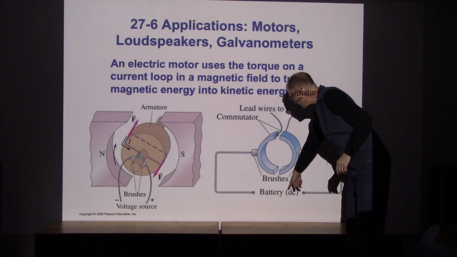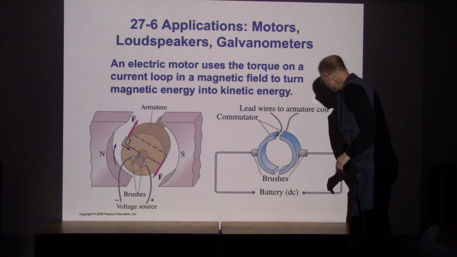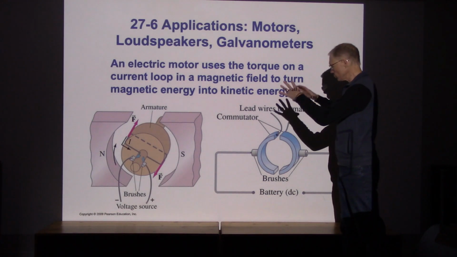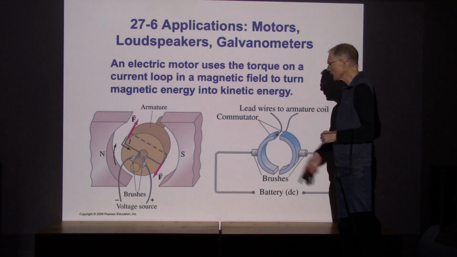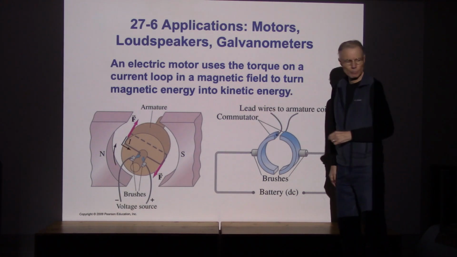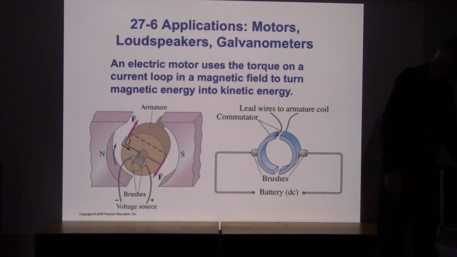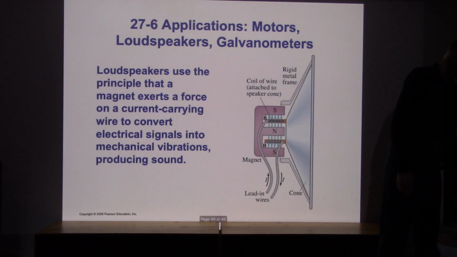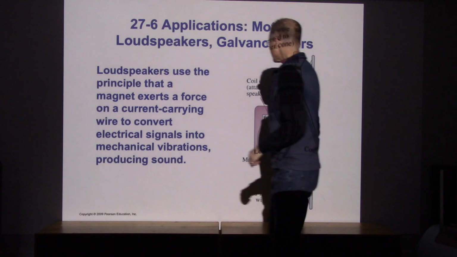Here's our battery, it's a DC power supply, and we're connecting that up to these two contacts, and then the armature is placed in between those. So kind of a diagram as to what our electric motor would look like. Here's another example of